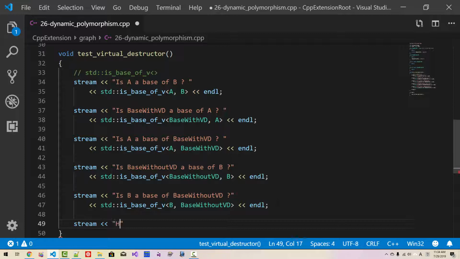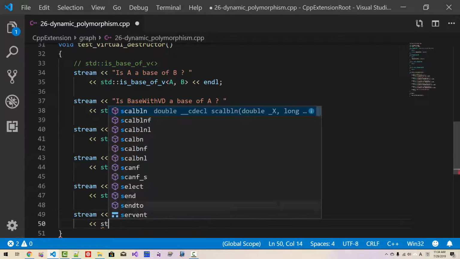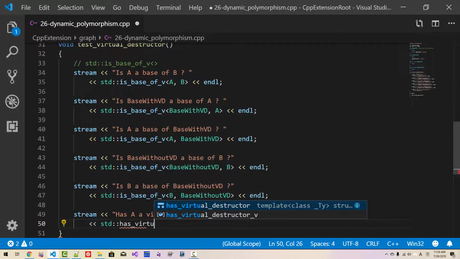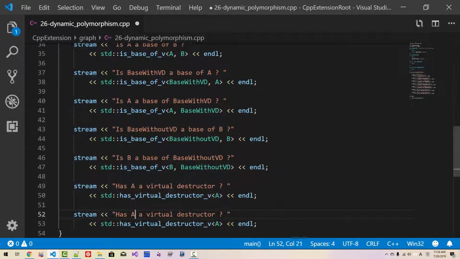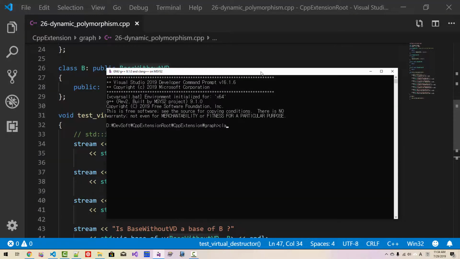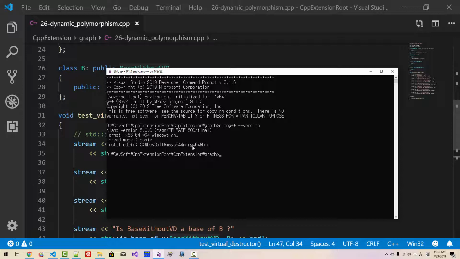And we can now test another thing. std::has_virtual_destructor. Has A a virtual destructor? And I will copy once again. Has B a virtual destructor? Now we run this function. Start command prompt. We will be using Clang compiler. Please note that I am using Clang compiler installed on Windows through MSYS2 over MinGW 64-bit. In this case, I use clang++,